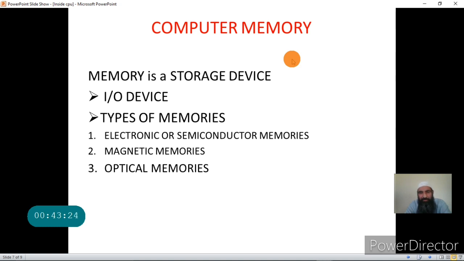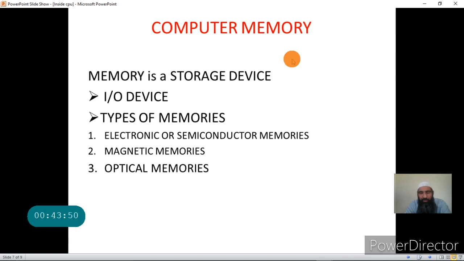So RAM is said to be volatile memory, because it loses its contents once the power is switched off. But ROM is a non-volatile memory. It does not lose its contents once the power is switched off. Both RAM and ROM have their own importance in the system.